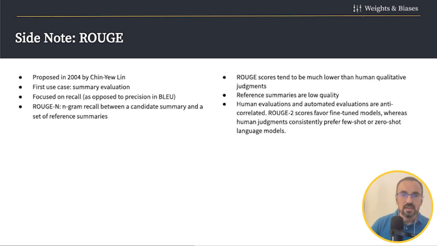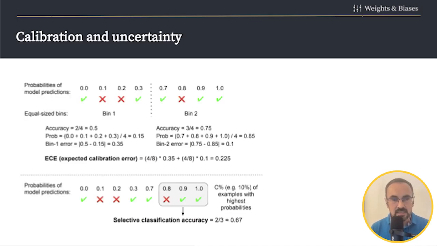So moving on to the other metrics, calibration and uncertainty. The metric here is called ECE, or expected calibration error. The way you calculate this metric is you divide your predictions into histogram bins of equal size based on the probabilities. Then in each of the bins, you calculate accuracy. You calculate the average probability. You measure the error within a bin as the difference of the accuracy and the probability, and then you do a weighted average over the errors across all of the bins. So that measures how calibrated a language model is.